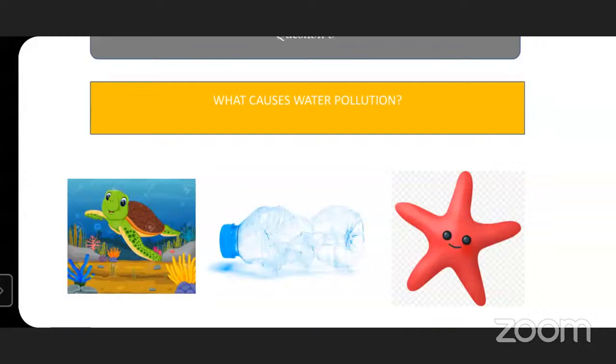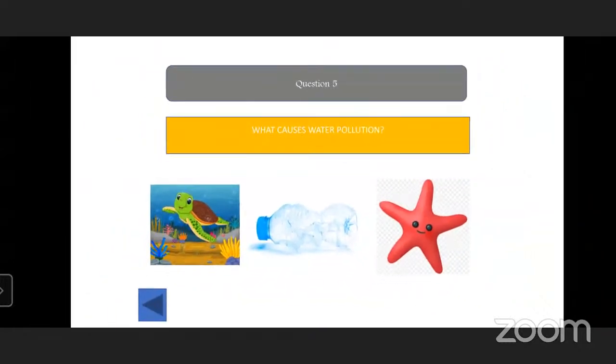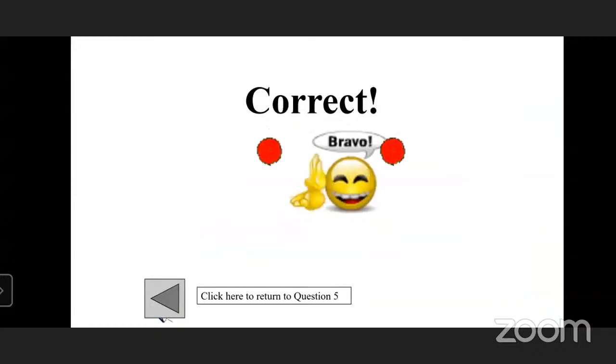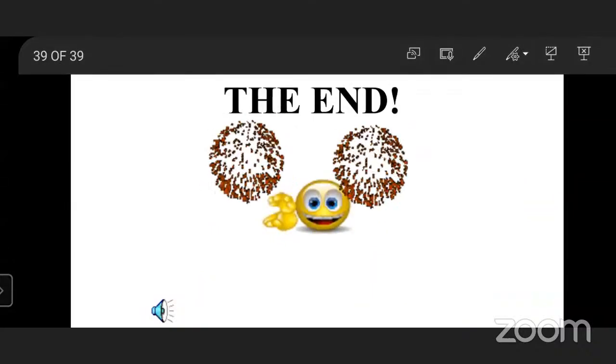And the last one is a starfish. Which thing causes water pollution? Yes, this crushed water bottle. I'm clicking on the crushed water bottle. Yes, correct. This leads to water pollution. Understood, students?